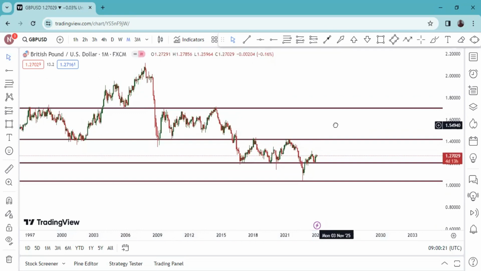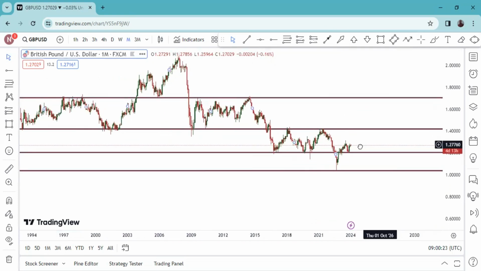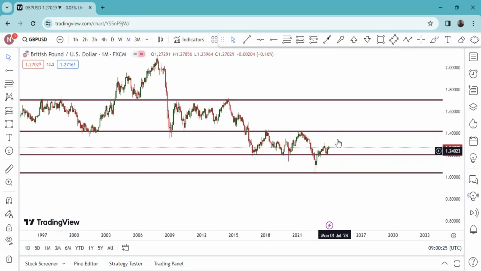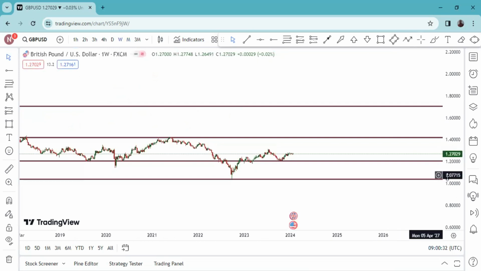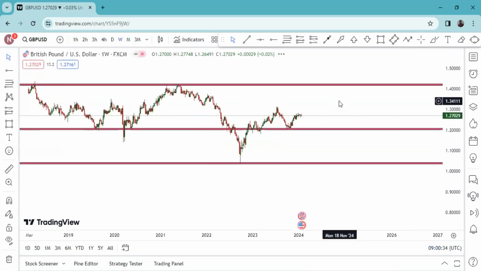I think that is enough for now, because our main focus is around here. This is the place where we are going to analyze. So that's my monthly. Then let me come to weekly. On my weekly,